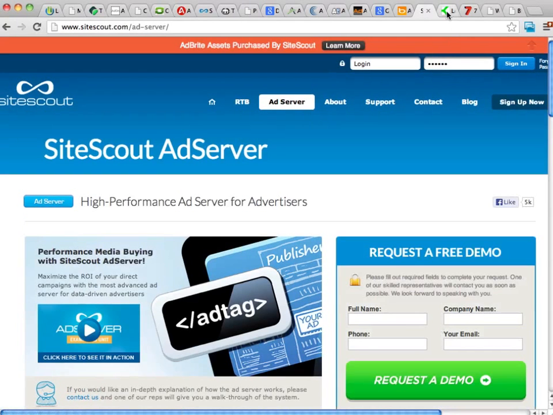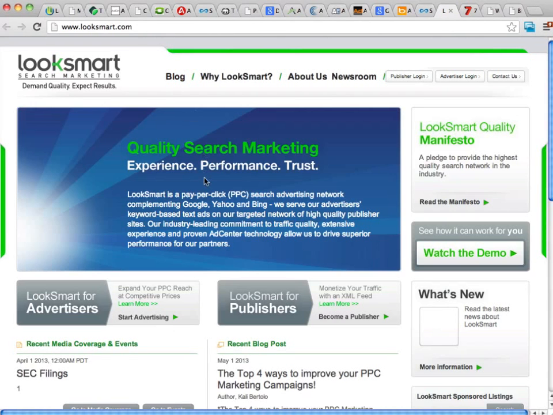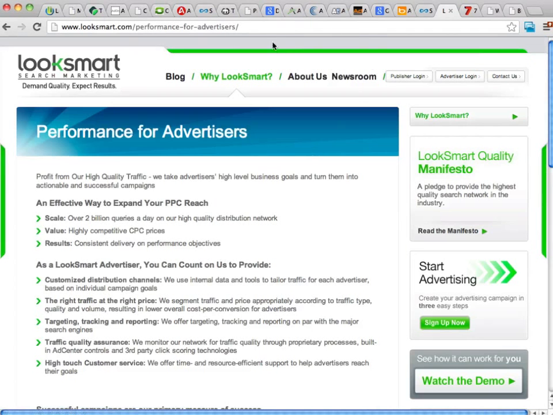One more primarily PPC advertising service is LookSmart. LookSmart has a lot of different ad types. You just click on LookSmart for advertisers, and they give you a breakdown of what their service offers.